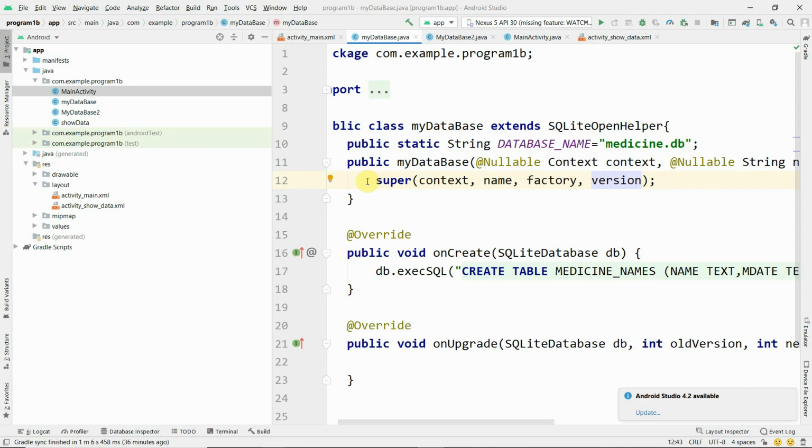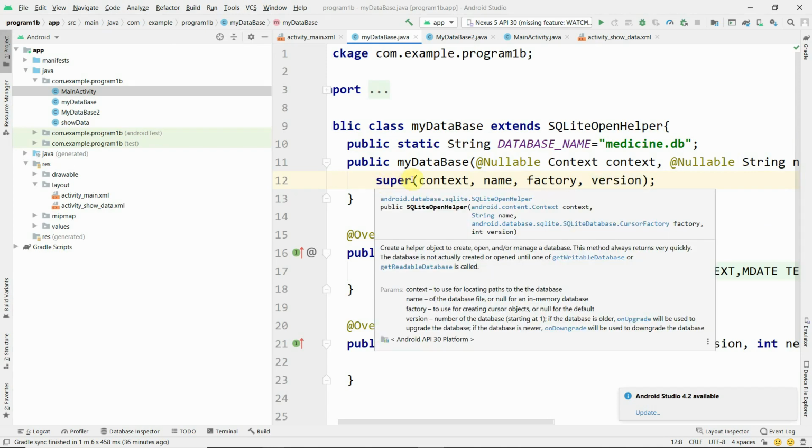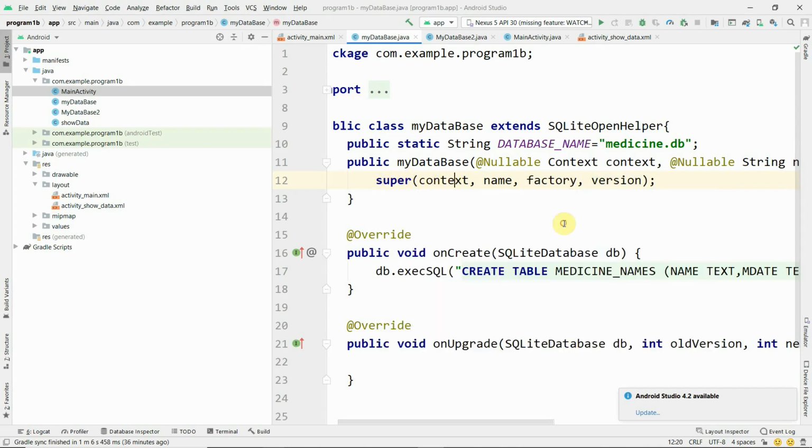This calls the base class method by passing the context and name of the database, then factory and version. The database name is nothing but medicine.db. medicine.db is transferred to the base class.